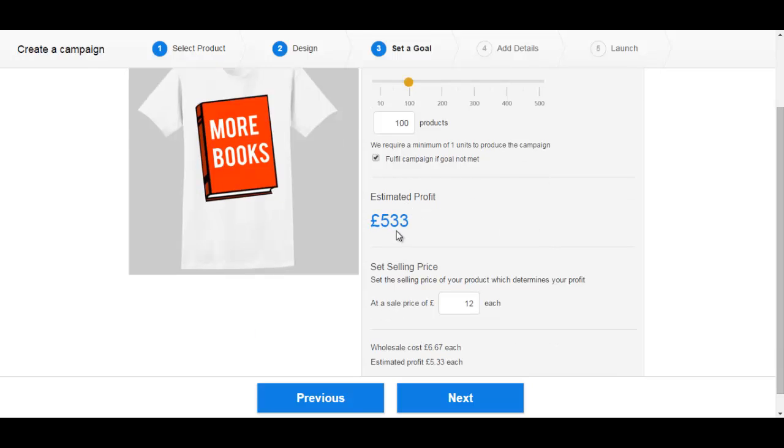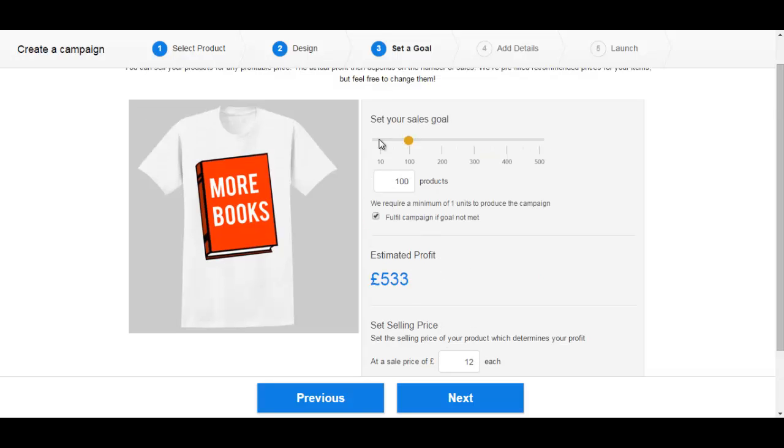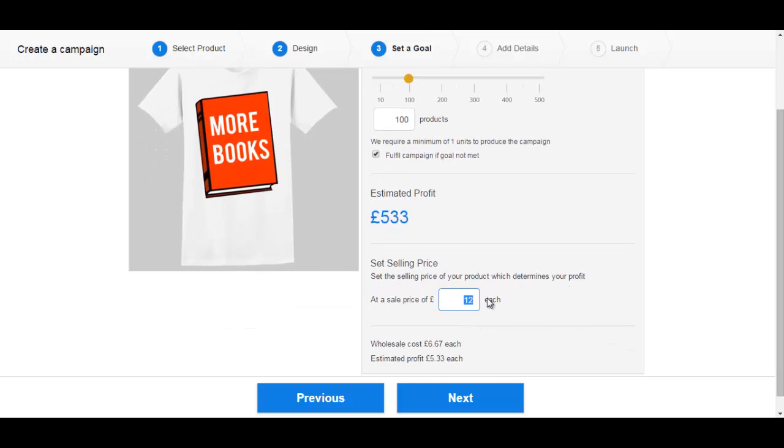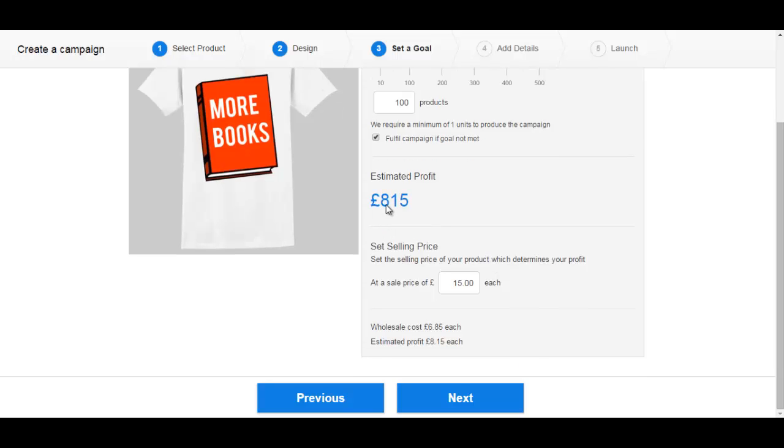Underneath here I can see my estimated profit, and this is based on how much I sell the garment for. I want to sell these garments at £15, and that's going to change my estimated profit to around 815. I can also see here the wholesale cost, and the estimated profit for each garment. So I'm going to click Next,